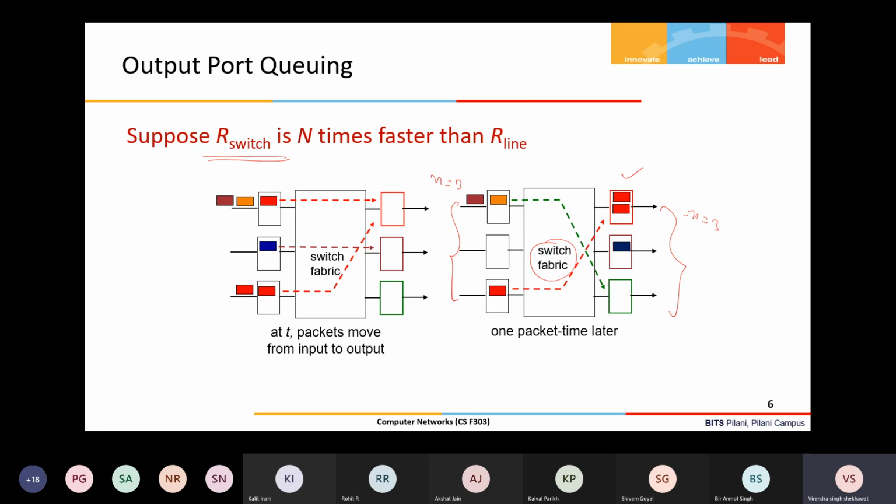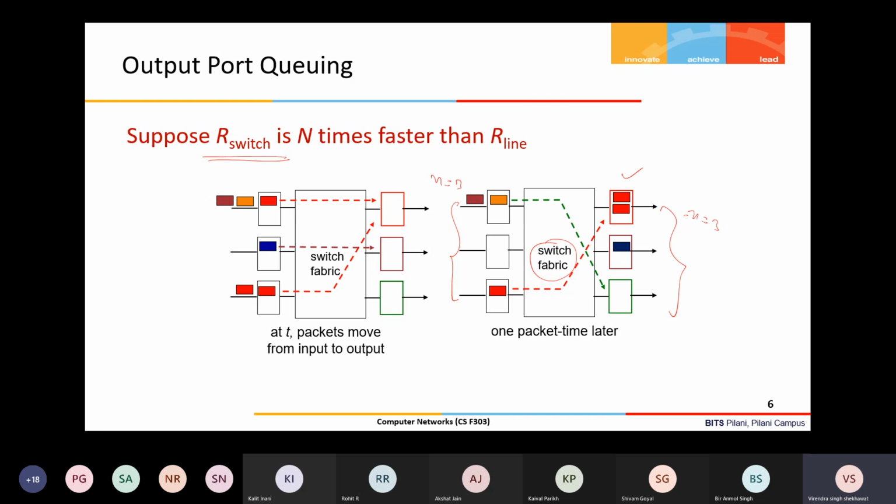You have a 10 Gbps link on which the packets can be either received or transmitted, but your switching fabric is 10 times slower than that, meaning it can forward the packets from input to output at only a 1 Gbps rate. Then certainly that is not considered a good switch design, because the user is paying for a 10 Gbps input and output port, but the switching fabric is not up to that rate.